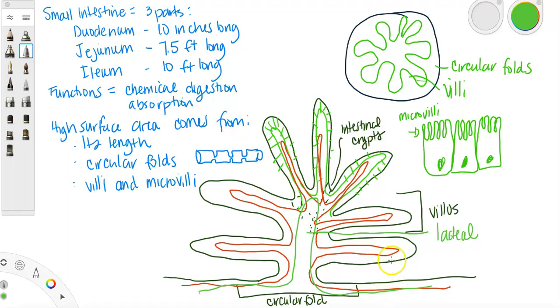Okay, so there are cells here that are going to be absorbing stuff. We've got blood here for it to dump it into. We've got the lacteal, which is a lymphatic that's going to take the fats that we absorb. And the hormones that are associated here